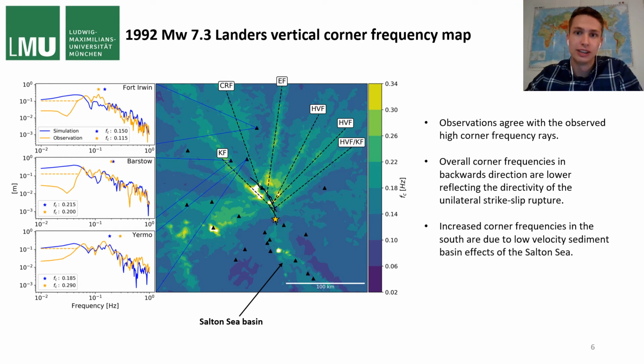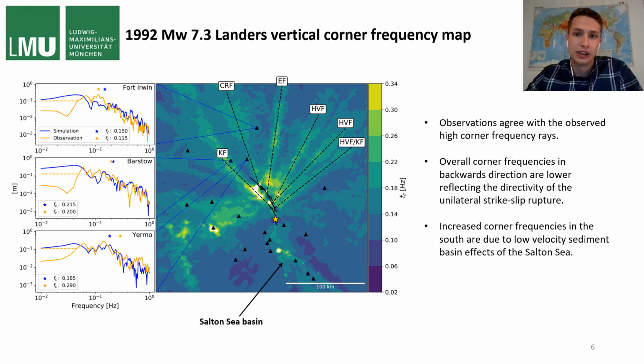At 3 stations on or between the waves, there's real data available, so we did a comparison with our synthetic spectra. Overall, the observed spectra exhibit a good fit in the frequency range from 0.05 to 1 Hz. At Fort Irwin, which lies between two waves, the observed corner frequency is slightly lower than the synthetic one. At Barsdorf, it fits nearly perfectly, and for Jermo, the observed corner frequency is clearly higher than the synthetic one,